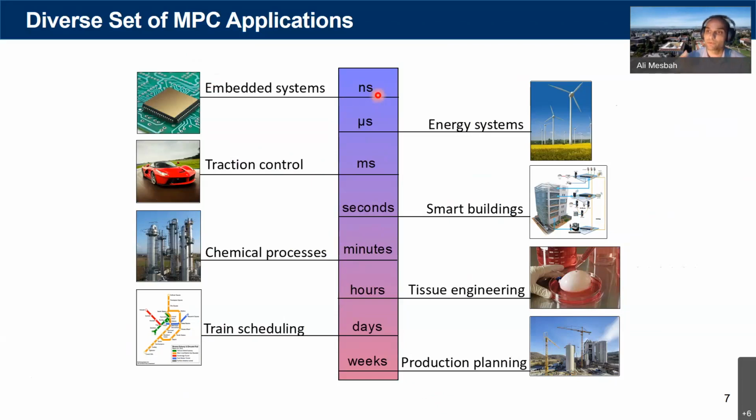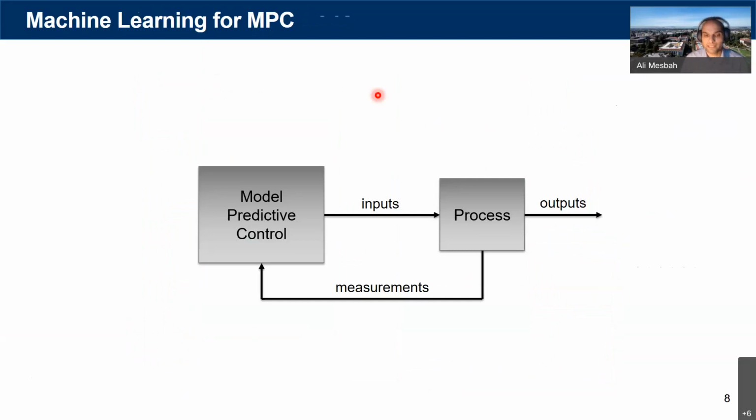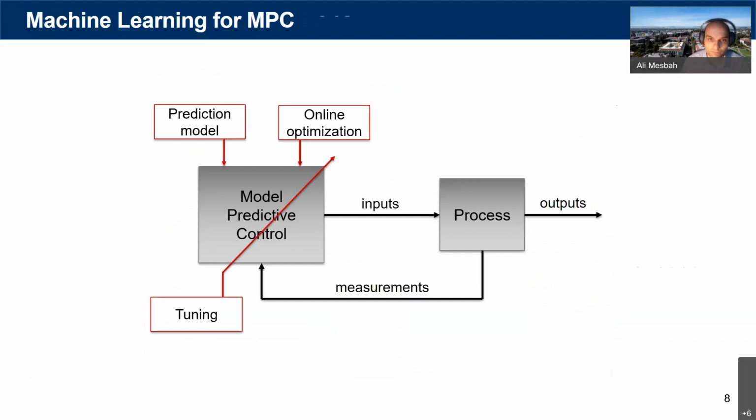And these are the time frequencies at which we have to solve this MPC or this optimization problem online. So basically the key ingredients of MPC are a prediction model, online optimization, and some tuning, some calibration that we would always have to do, like any other control scheme, in order to choose parameters, the weights in the controller. And really the question is how machine learning can be leveraged toward addressing these three issues: learning prediction models,